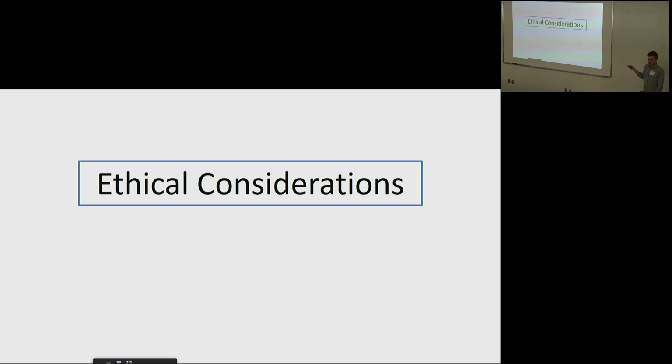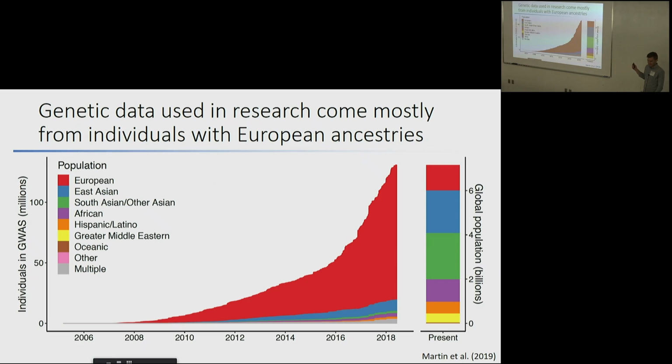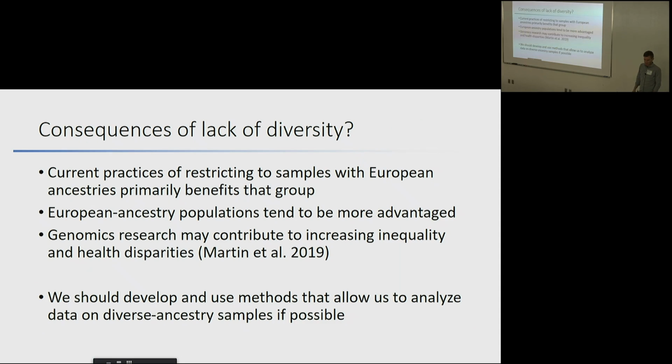So I'm going to start off just by giving some context to talk about the ethical considerations. This was mentioned by one of the discussants today. Genomics research generally, not just social science genetics, has focused overwhelmingly on European ancestry samples. In this figure, the red is the sample size of genetic studies that have been done in European ancestry samples, and the bar over here is the fraction of the population that corresponds to European ancestry. So you see that these studies are overwhelmingly done in this subgroup of the population that represents only a small fraction of the global population.